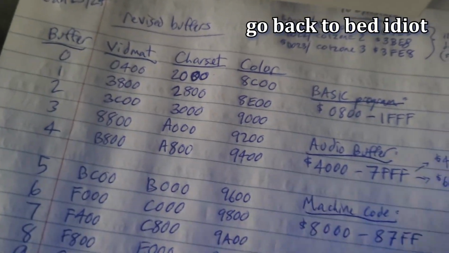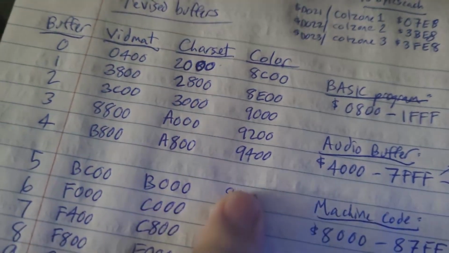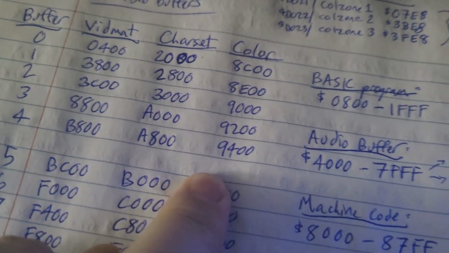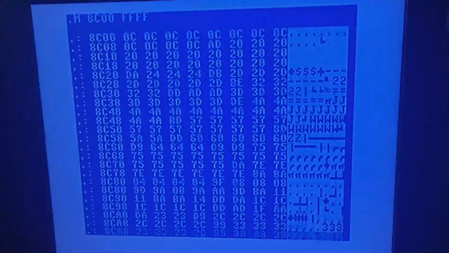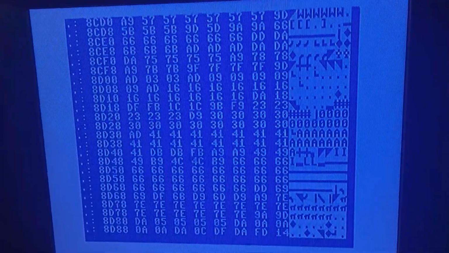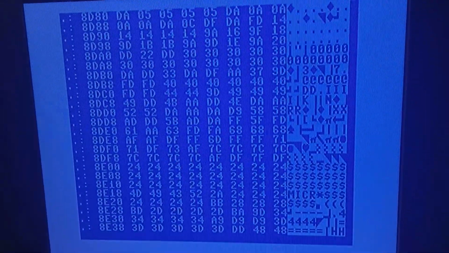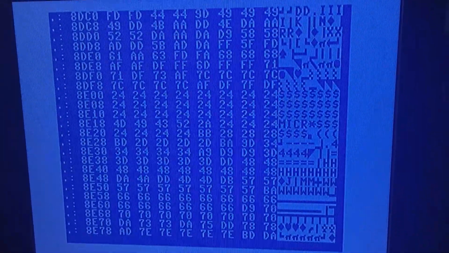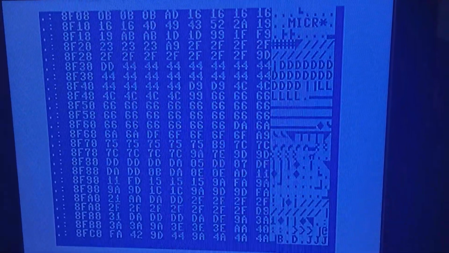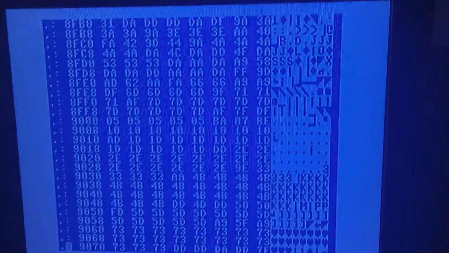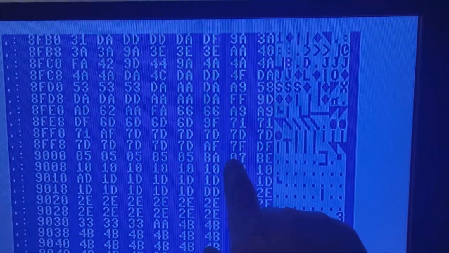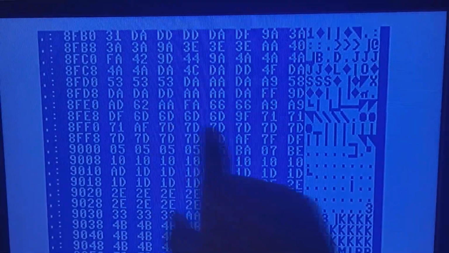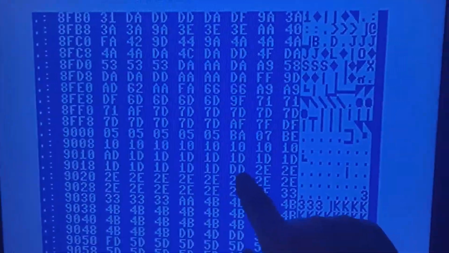5:10 in the morning. Another thought to go on. These are my color buffers, right? I can just break out of the program, load up my monitor, and there they are. So what I can do is grab these. Let's start at the 9,000 here. What do we got? See, they all point to 5. That's set color. 7, set the color. Set the color. 1D, set the color.